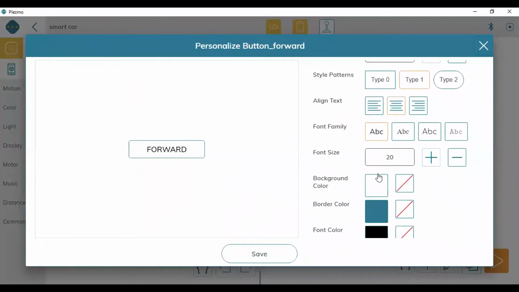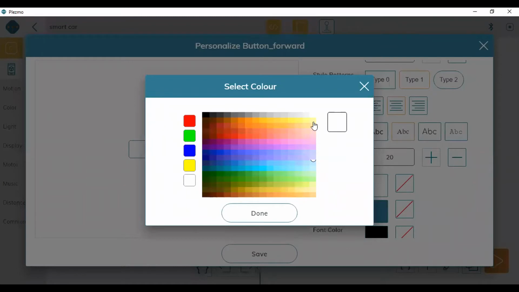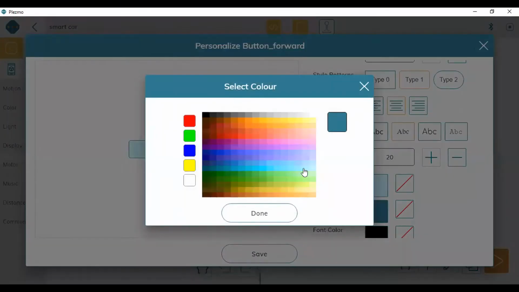You can increase the font size, or you can change the font style also, like this. You can try different things here. So I'm taking this Times Roman. Now you can change the background color also of this button. If you want to take, for example, light blue, it will come like this. Fine. You can give a border color also. Border color you can change. I'm taking this one.